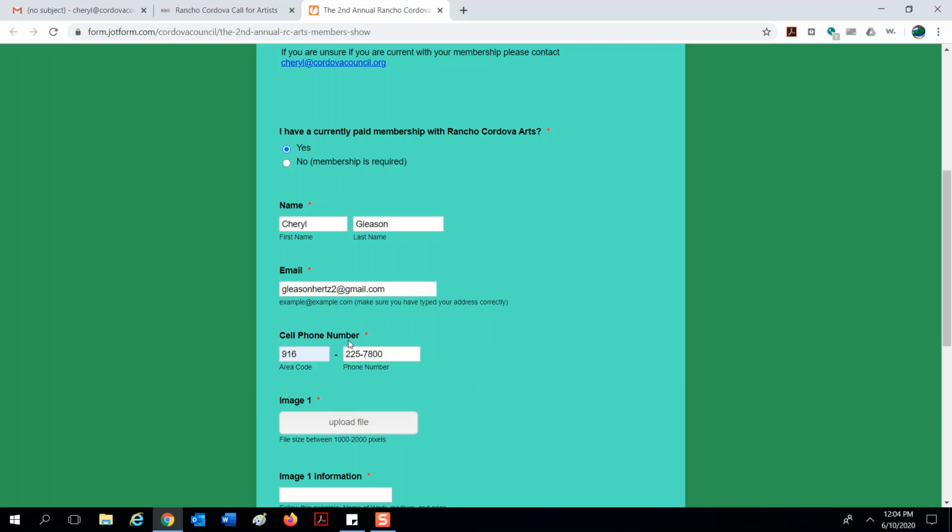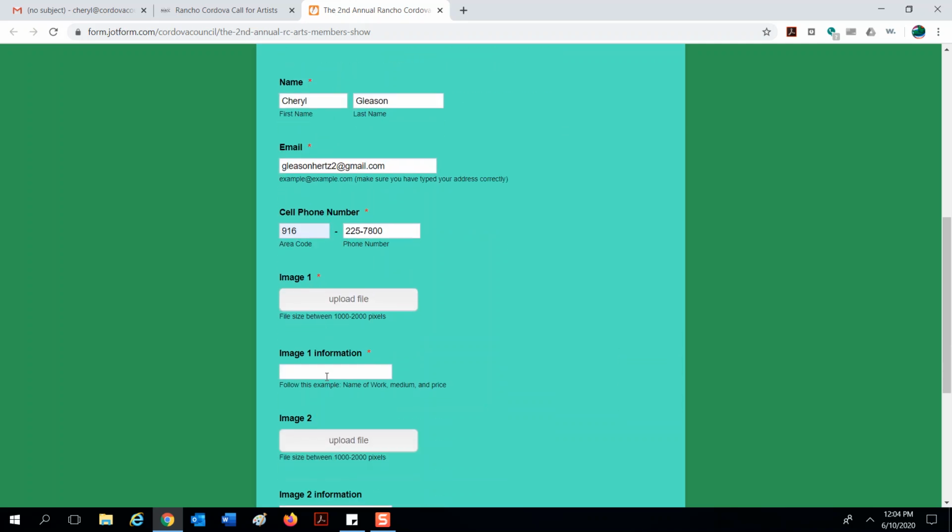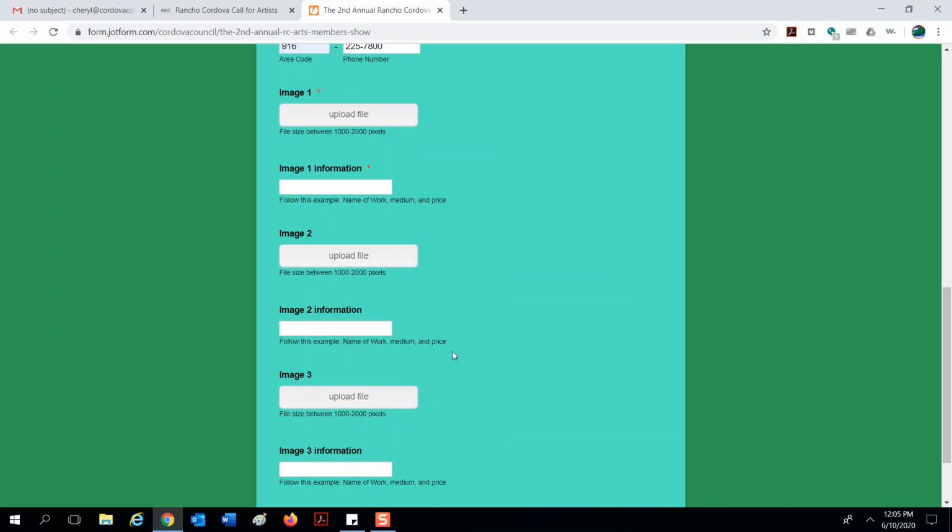So we want your cell phone number. And all these little asterisks right here mean that this is a required cell. So you have to fill out the required cell information in these boxes. Now, only image 1 is required because you can just submit 1, but you may submit up to 3 or